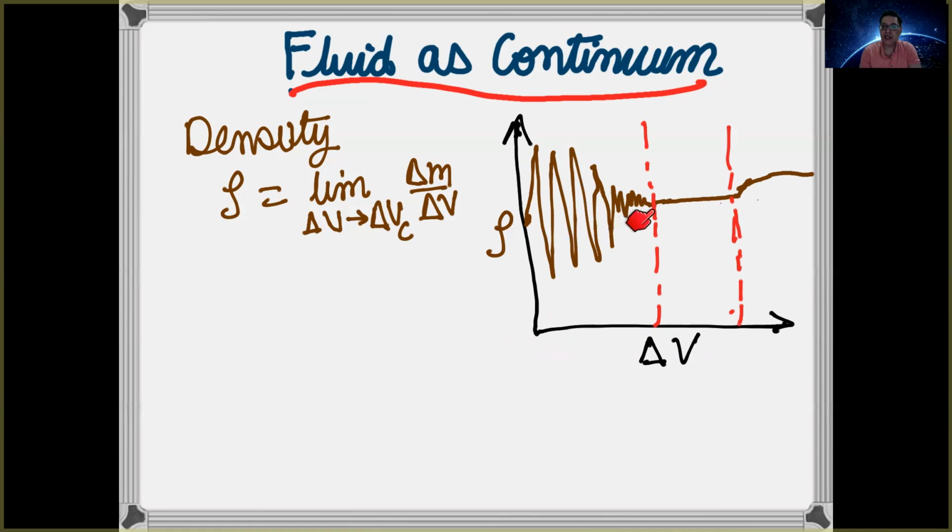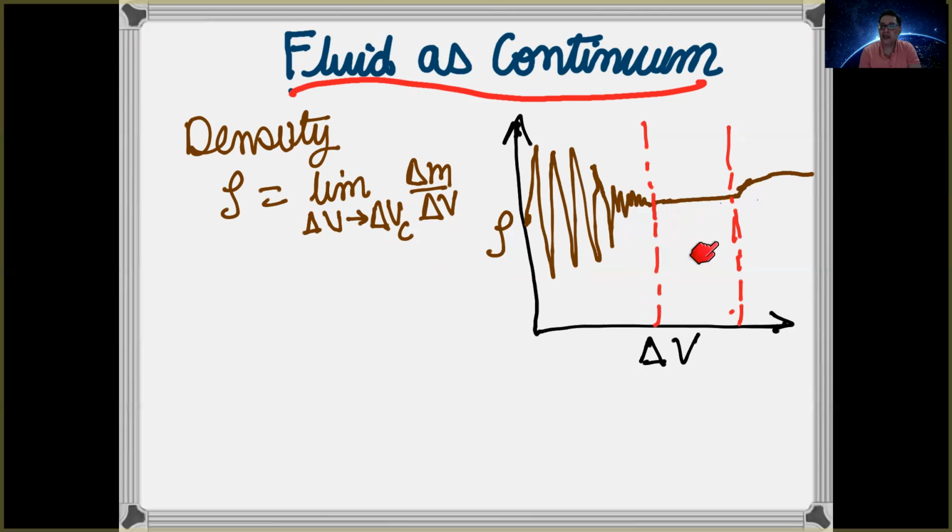And once it reaches the micro scales, the density reaches a constant value. And at a larger scale, the kilometer scale, the density again starts varying. So from the micro scale to the kilometer scale, we find that the density remains constant. Most of the fluid mechanics problems which we encounter in real life correspond to